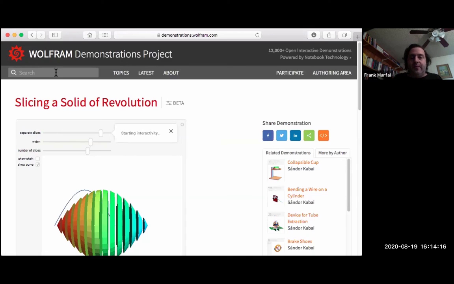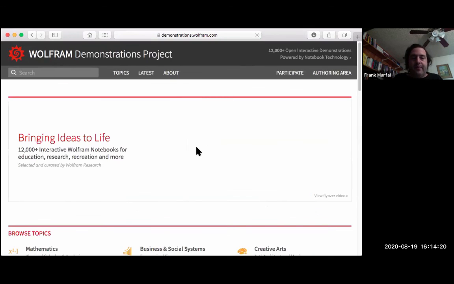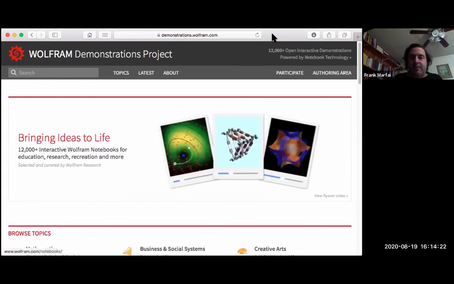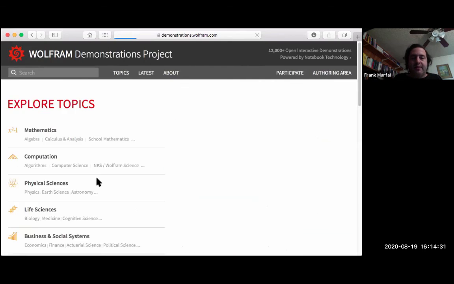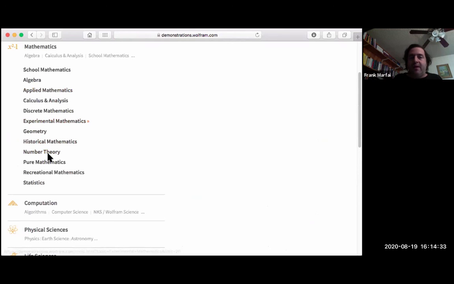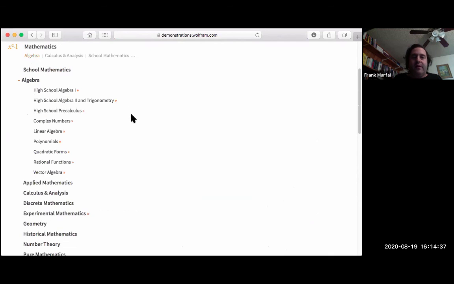Other things you can do is if you go to the main page itself, if you're trying to find an activity, and then it's just a matter of experimenting with it, you always get a really awesome looking page. So you can click on mathematics, you can click on any of these. Let's say I go to mathematics, it'll give options of what you want to do, and then you can either browse, or if I'm looking for something in algebra, I'm looking at complex numbers,